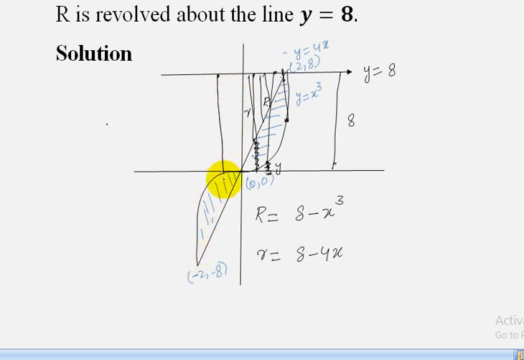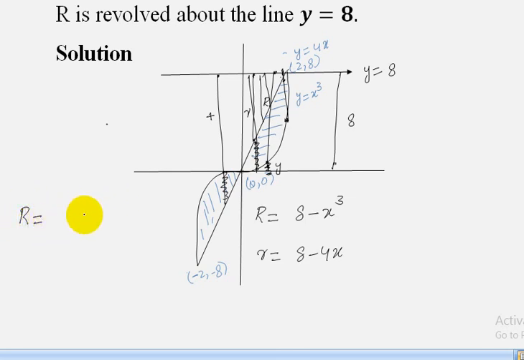Again, outer radius is the distance between axis of revolution and outer curve. In this case, this whole distance is 8 units, and our distance is basically this distance plus this distance. Now this distance is 8 units, and this distance is basically value of y on this curve. As this curve lies in third quadrant and value of y is negative,